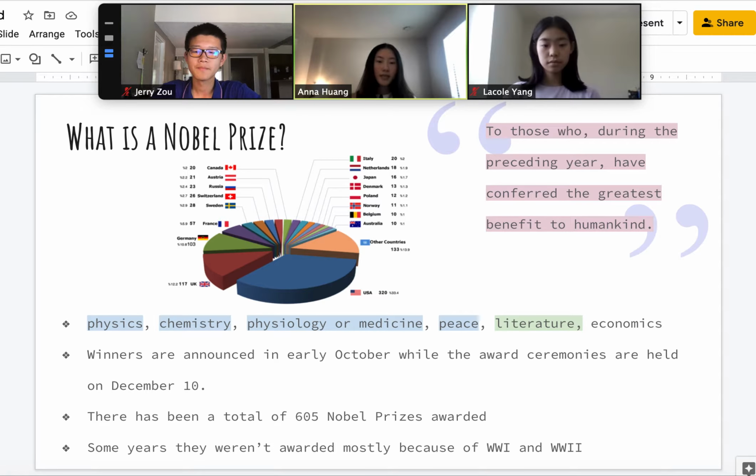Nobel Prize in Literature. So the first prize in literature was awarded in 1901, and most of these prizes are focused on an author's entire work rather than just a single piece, although they may have a single piece that is more well known than the rest. But usually the award is not given to the piece of work, but rather the author, so that their entire work can be showcased to the world.